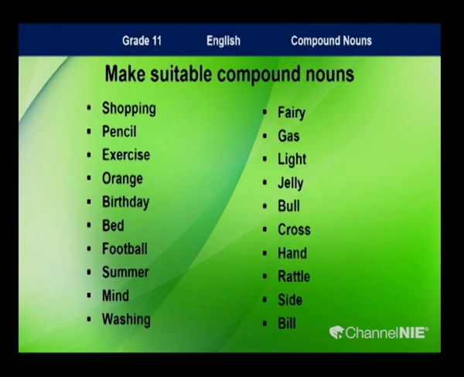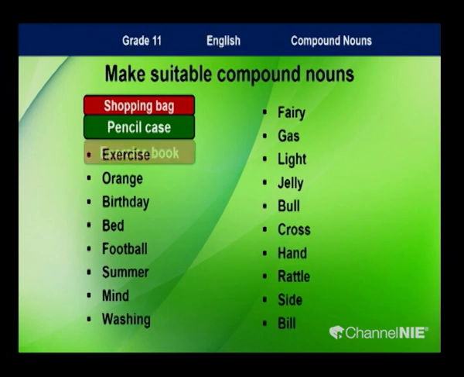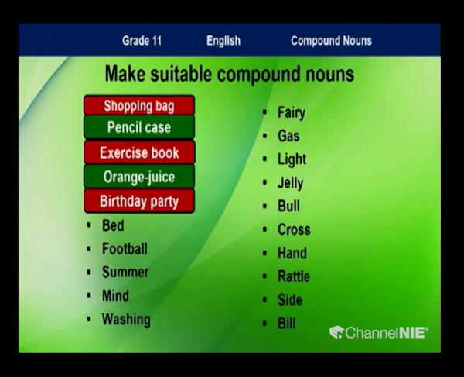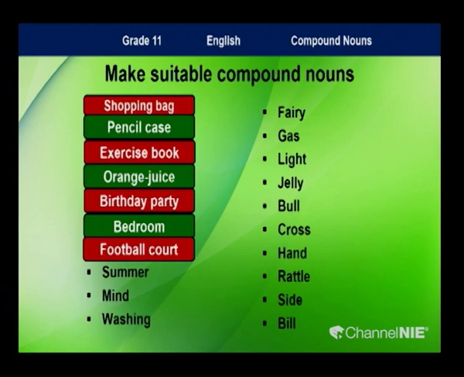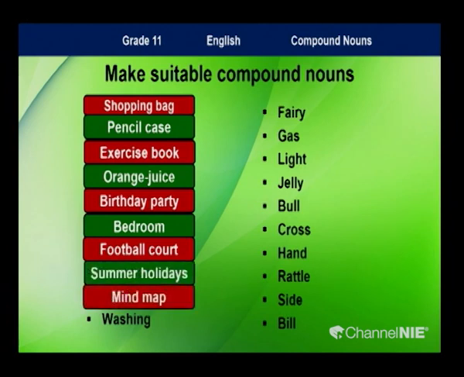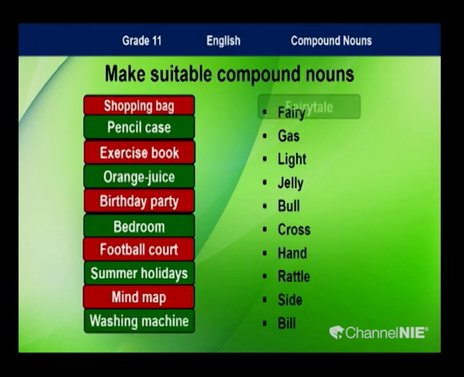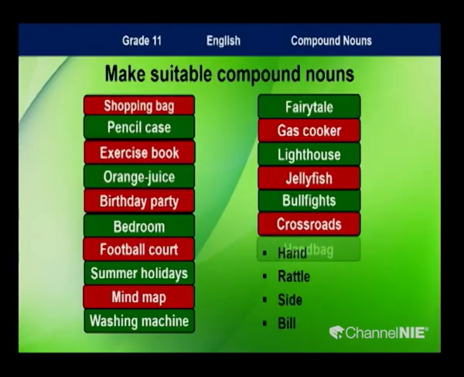The first one, shopping bag, pencil case, exercise book, orange juice, birthday party, bedroom, football court, summer holidays, mind map, washing machine, fairy tale, gas cooker, lighthouse, jellyfish, bullfights, crossroads,